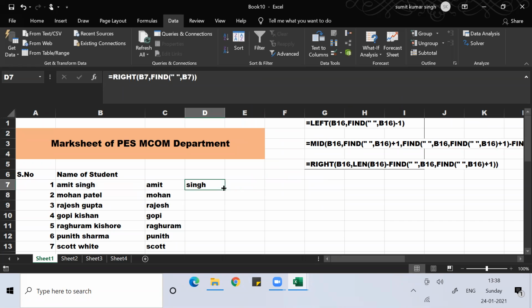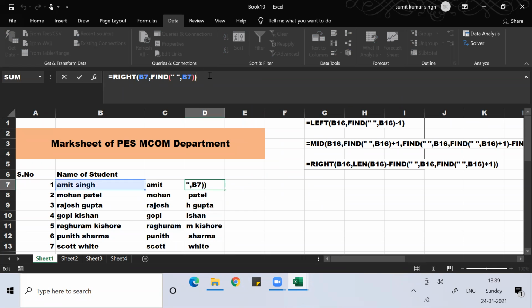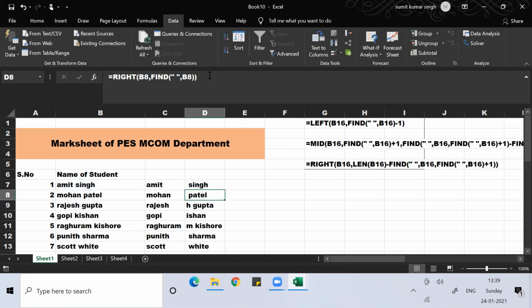Fine. You can see this is Gopi Ishan. If I do this +1, close bracket, enter, an error is coming.